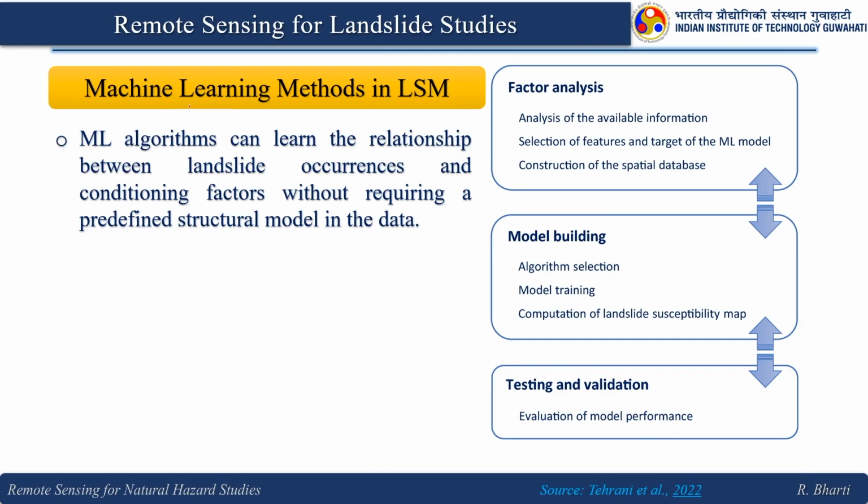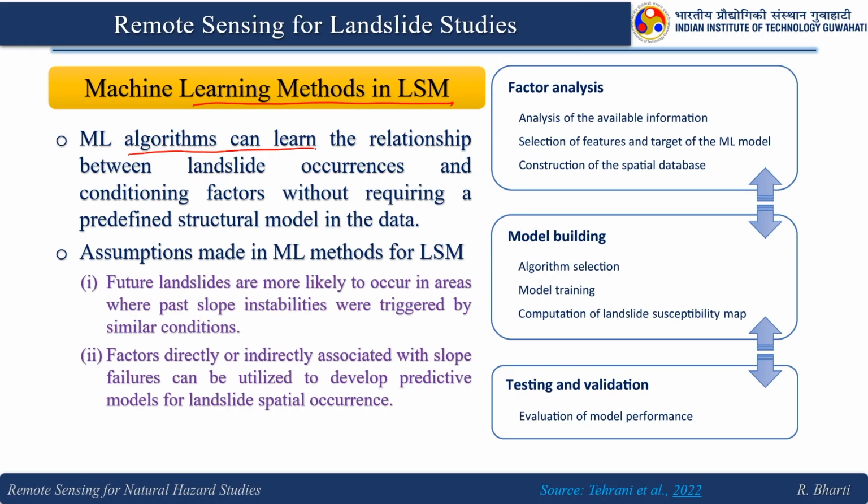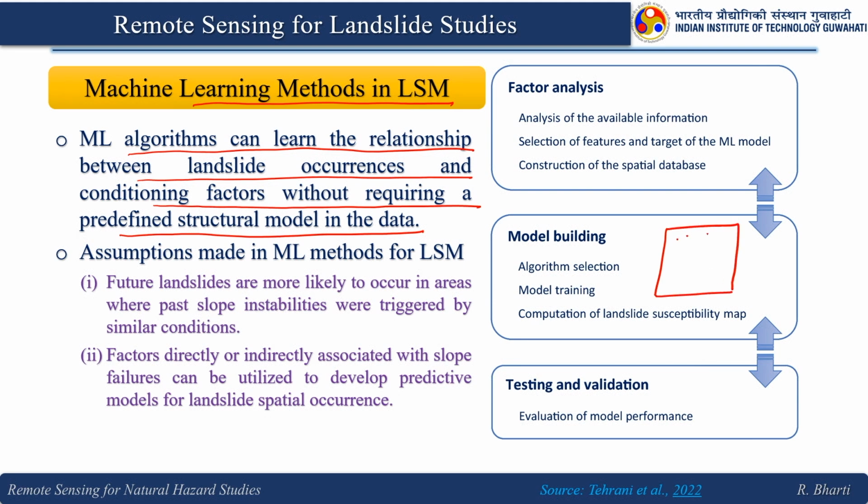When we talk about the machine learning method in LSM, the ML algorithms can learn the relationship between landslide occurrences and conditioning factors without requiring a predefined structural model in the data set. So, what happens? Let us consider this is the study area and all these points are historical landslide events in this particular region. Now, you want to analyze whether this X has the potential to fail or not. So, what will we do? We will generate all the parameters